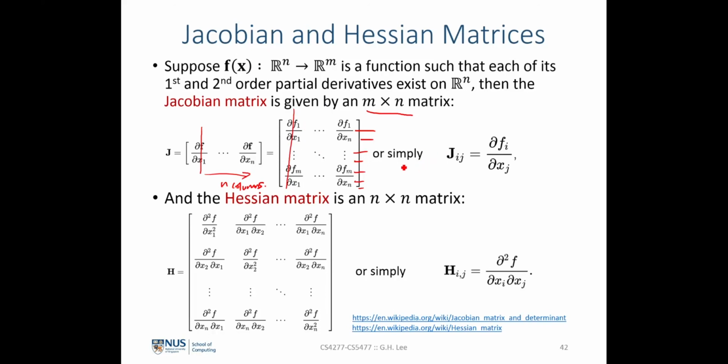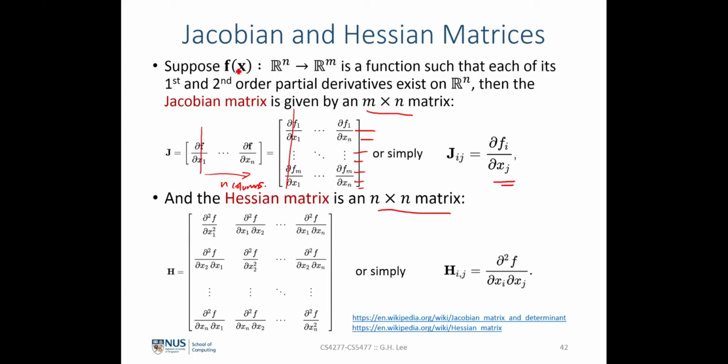We can also simply denote the Jacobian matrix as J_ij, which in short is del F_i over del X_j. Similarly, the Hessian matrix is going to be an n by m matrix of this particular form. What we do is take the second order derivative of the function f with respect to every single entry in